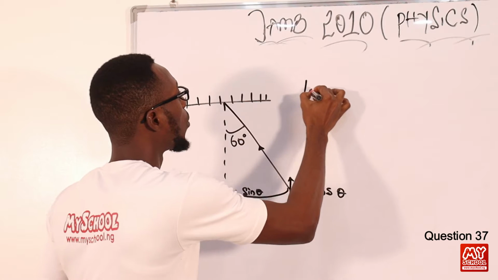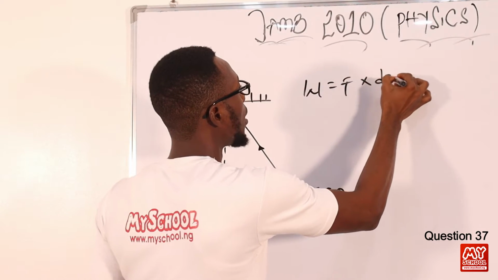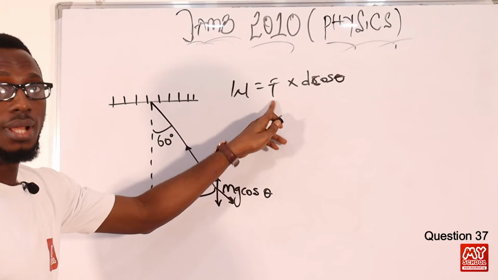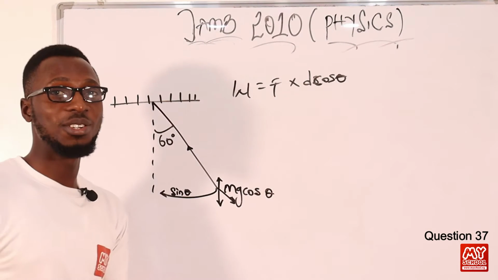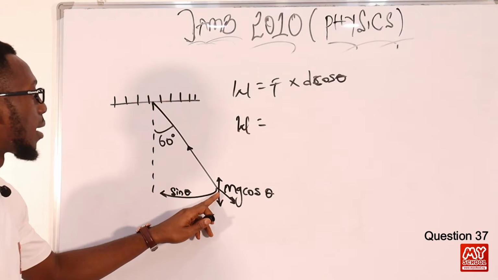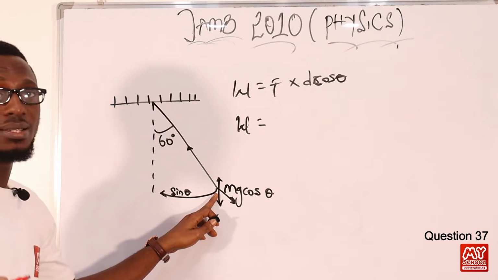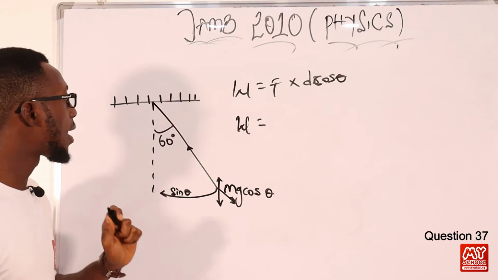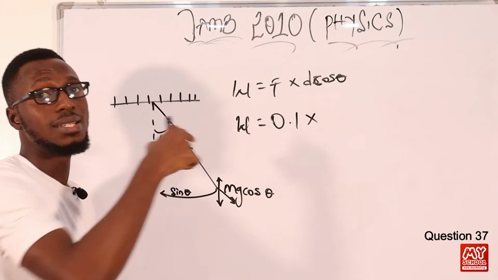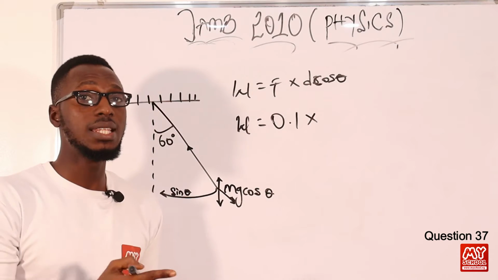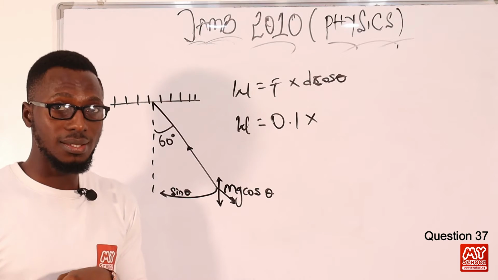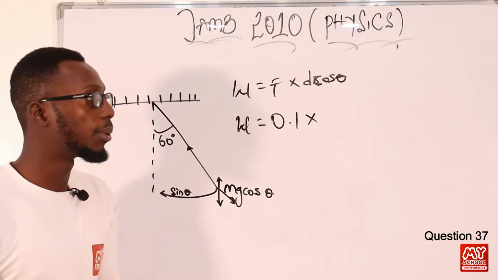Very easy. Remember that work done equals force times distance. Our distance at this point, remember, is d cos theta. This is our force F, mass times acceleration due to gravity. So I have my work done equals, now remember that this bulb acts as a point mass, right? It's modeled as a point mass. So right here I have my force, which is 0.1, times d, that is the length of the string, 50 centimeter, but we have to bring it to meter. So 50 centimeter is actually 0.5 meters, that's 50 divided by 100, that is 0.5,